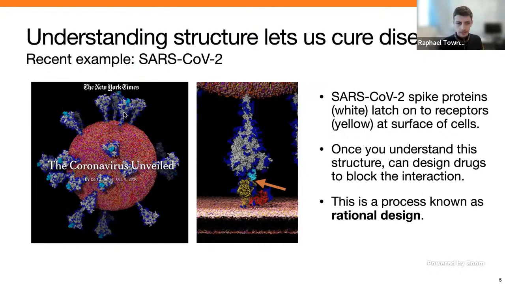And in particular, what you can see is that if you can understand these structures, you can figure out how these things work. So in this case, the spike protein can latch on using this little teal element to these other proteins sitting on the surface of a cell. And by latching on at that point, they can really start the process of infecting your cells. So if you can model that interaction very specifically, you can start designing molecules to block that interaction. This becomes a process known as rational design: really understanding what's going on and then designing just the right thing to fix the problem.